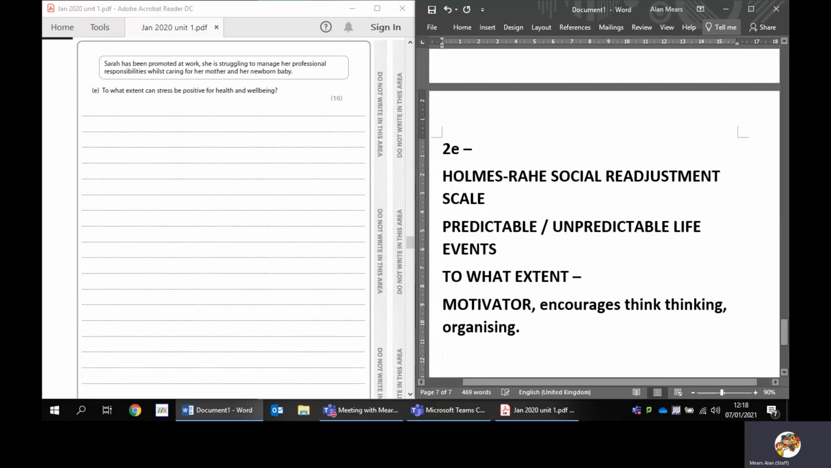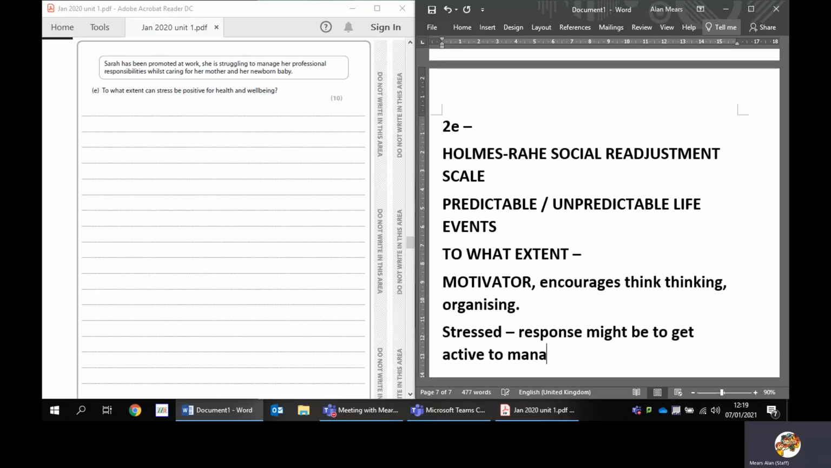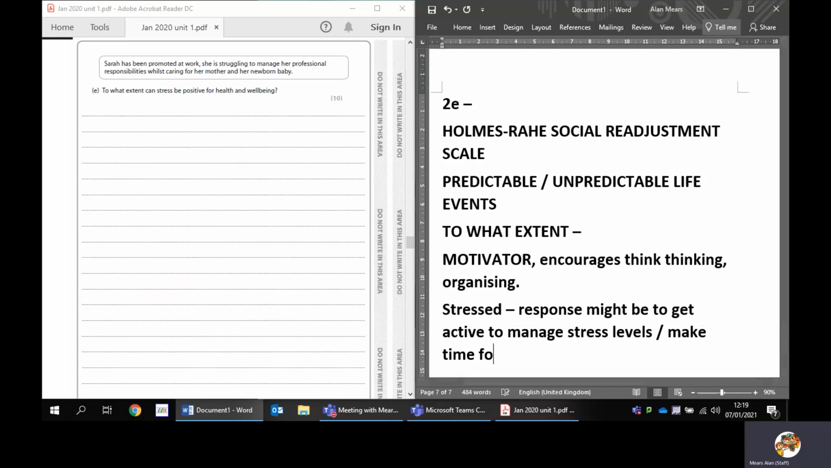If you're stressed, a response might be to get active to manage stress. So health-wise, to the extent that health positive factors, stress could be positive because it encourages people to maybe run or do activities to de-stress, or make time for calming activities, which is positive. But however,